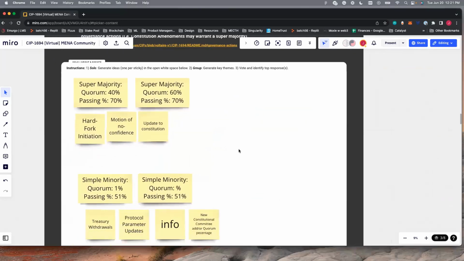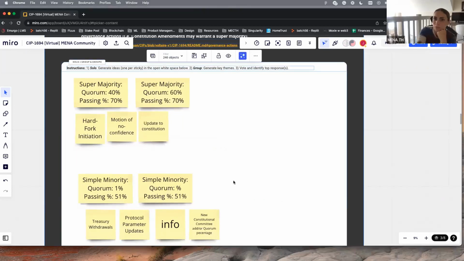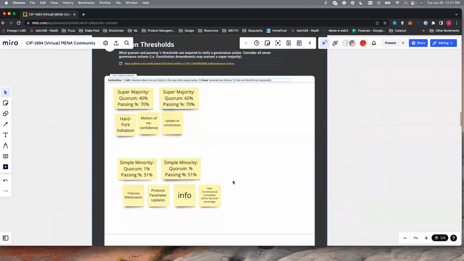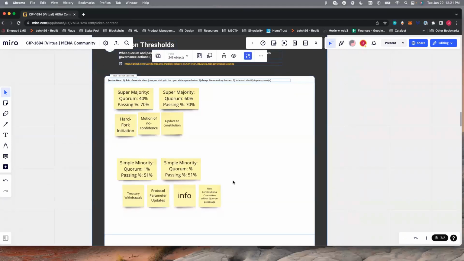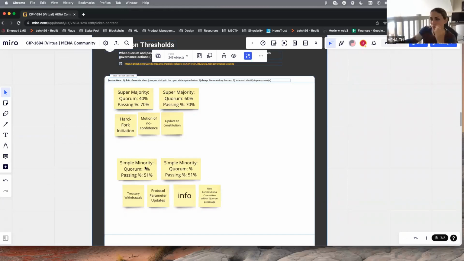Just thinking that DREPs, their only job is to vote and they get paid to vote and they nominated themselves. Sorry? Yeah, it's not their full time. The incentives are tricky, right? Because you incentivize them to pay them, but then how do you ensure that their votes are quality votes and they're not just voting because they're getting paid? So you have to kind of also be careful. But then, yeah, that's also maybe why the quorum needs to be a little higher, just in case.